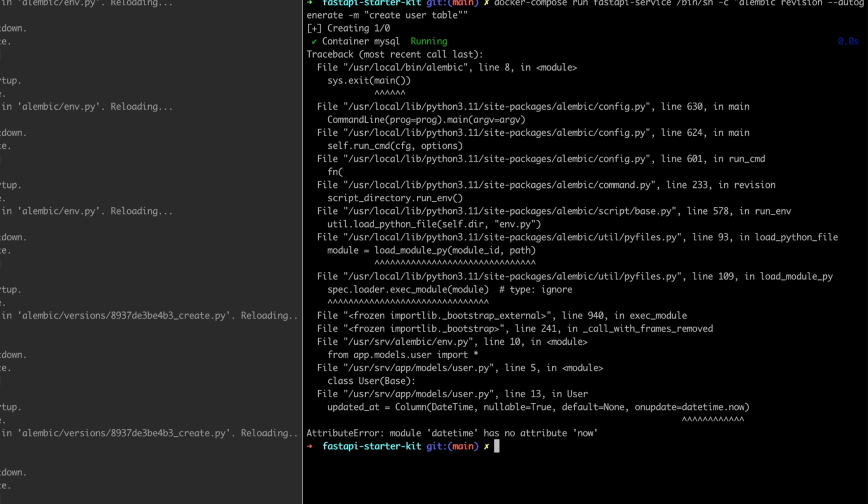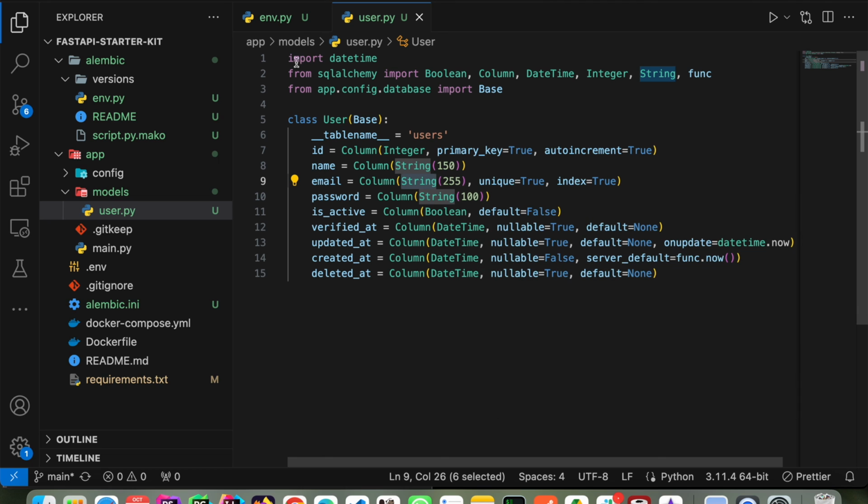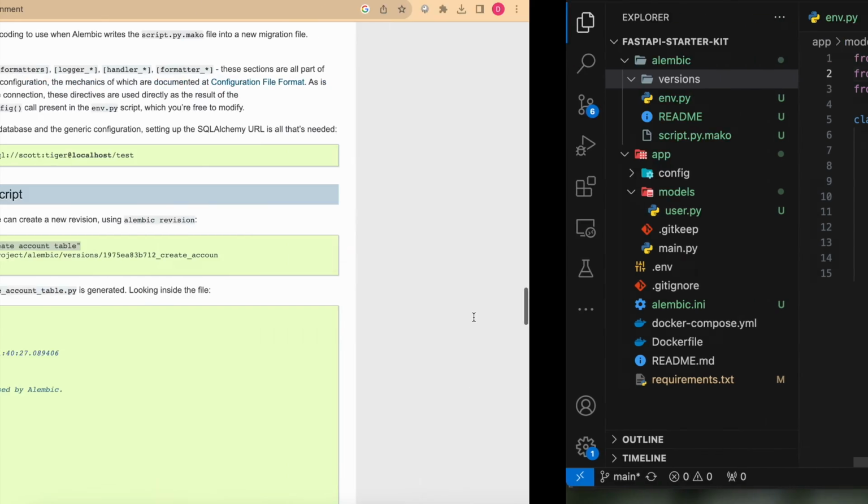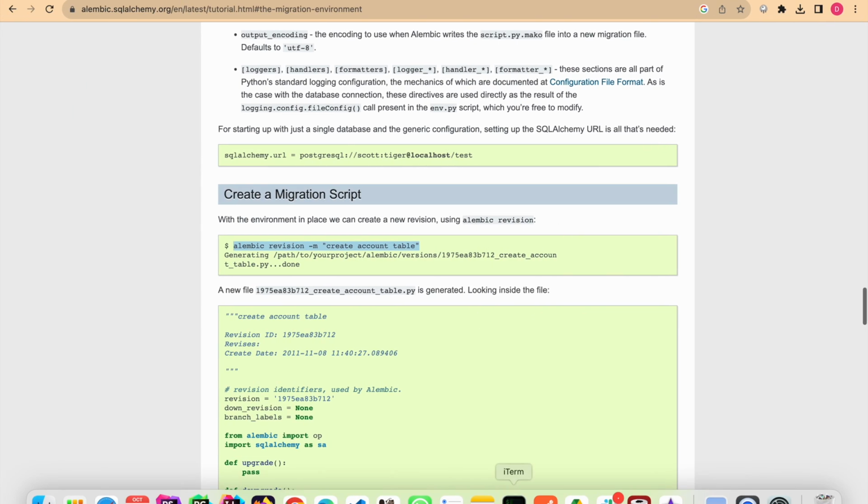there is some error. It says datetime has no attribute now. Let's go to the code. It should be like this: from datetime import datetime. You can see currently the migration is not generated because of this error. If we go into the terminal and run it again,